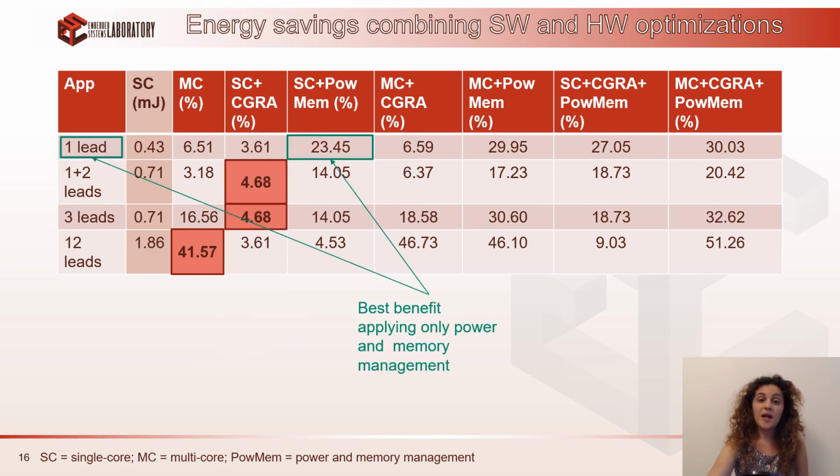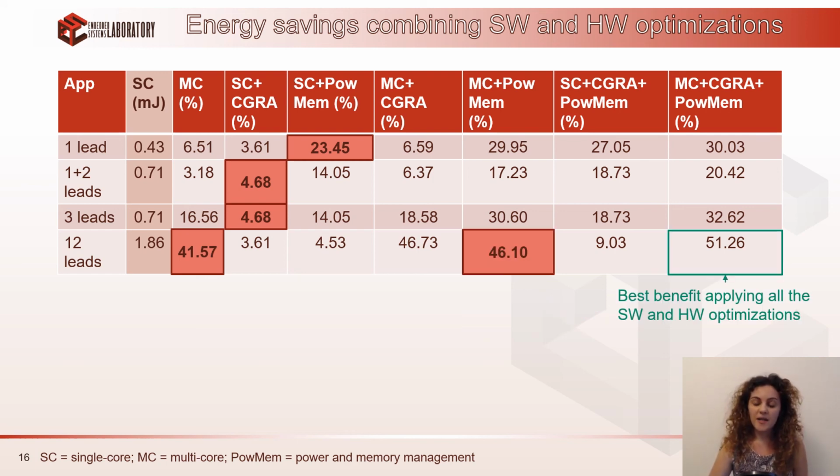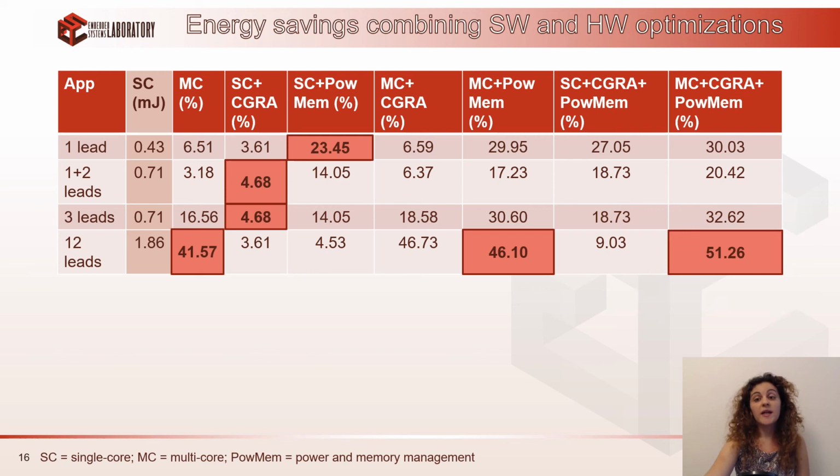Then we can apply also only power and memory management alone, and this can impact highly in less complex applications like the 1-lead. Then if we apply only software optimizations, which can be used, for example, in commercial platforms, we can achieve up to 46.10% of energy savings. And finally, combining all of the software and hardware optimizations, we can achieve up to 51.3% of energy savings. So, in summary,